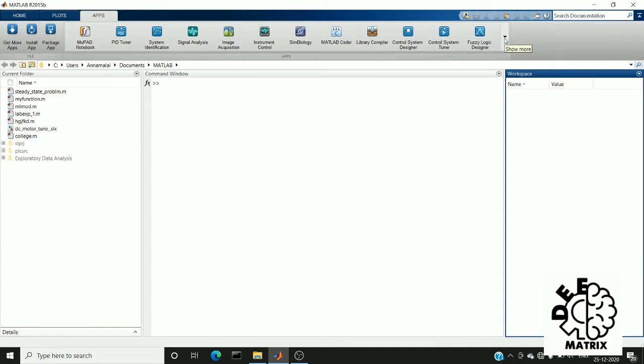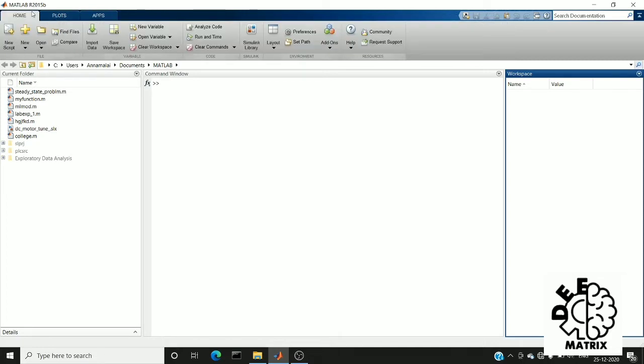In today's video, we are going to see how to import the dataset into MATLAB. We all know that using MATLAB, we can do machine learning techniques. For that, the most important thing is a dataset. So today we are going to see how to import the data and what pre-processing steps we can do using that data by using machine learning.